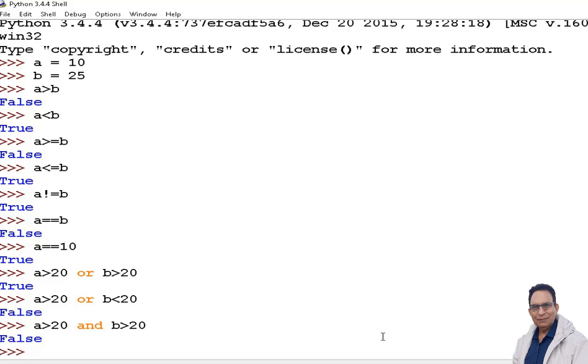But in case of AND, all the statements in the expression must be true. For example, a is not greater than 20, but b is greater than 20. So one of the statements is false, so the answer to this one is false. I hope it is clear to you.